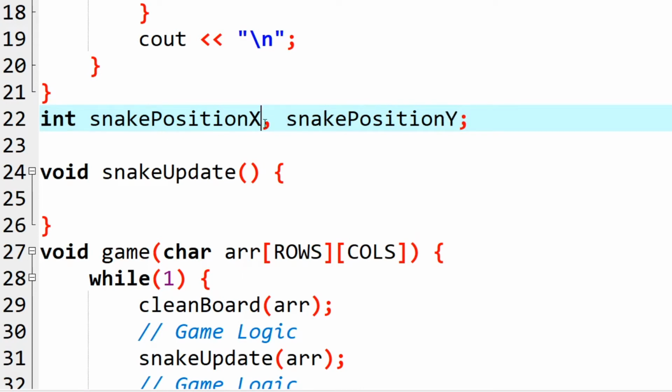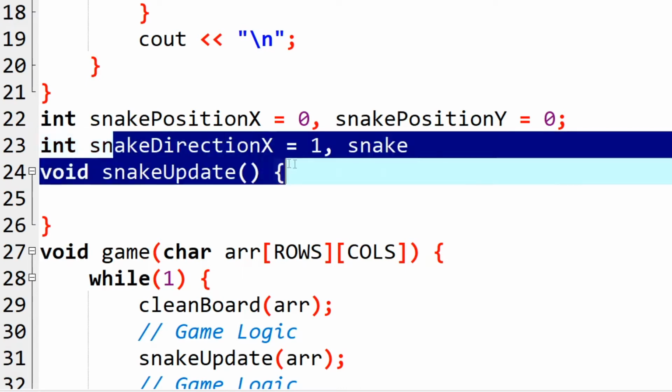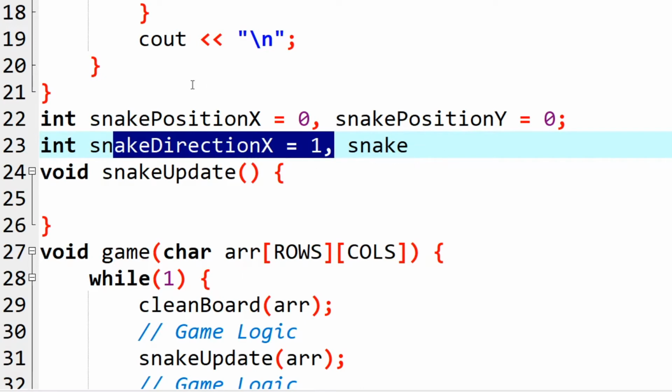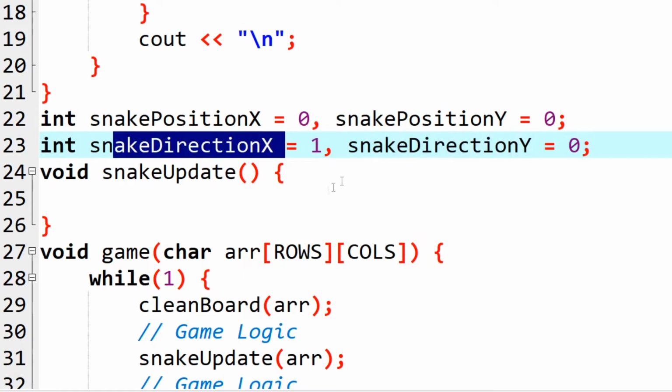So this will hold the snake position, and then I can also have a variable for the direction. So let's say that the snake is moving in X direction. It is moving along the x-axis 1 unit, and it is moving along the y-axis 0 units. It is not moving in the y direction, and it is moving in the x direction.